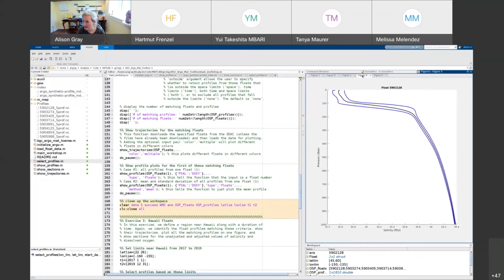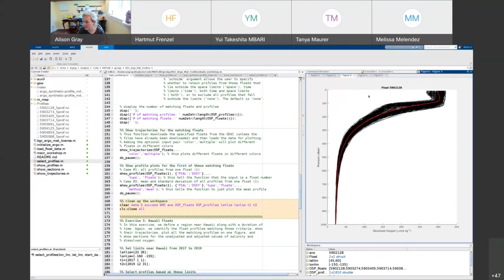If we then look at the mean and standard deviation instances of these plots, they show you a nice window. And then if we look at oxygen, you can also see similar kinds of plots for oxygen, and mean and standard deviation. Okay, any questions